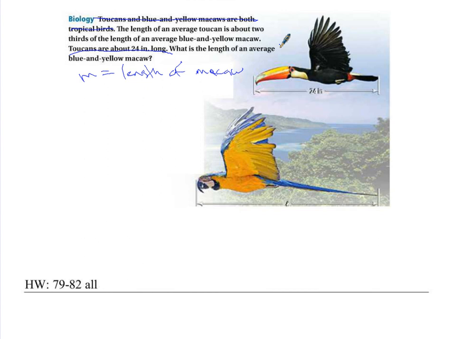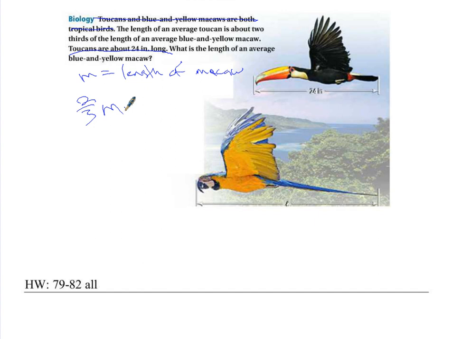Recently we said we don't know until we did this. So the length of the average blue and yellow macaw is M. The length of an average toucan is about what compared to M? 2/3 of the length of an average blue and yellow macaw. So I'm going to write 2/3 of M